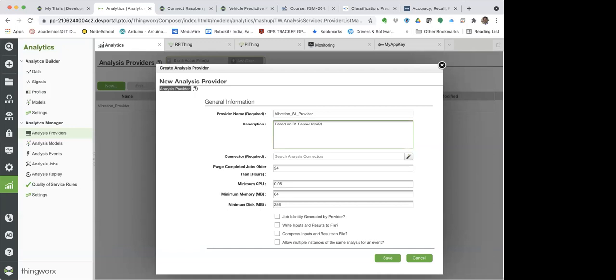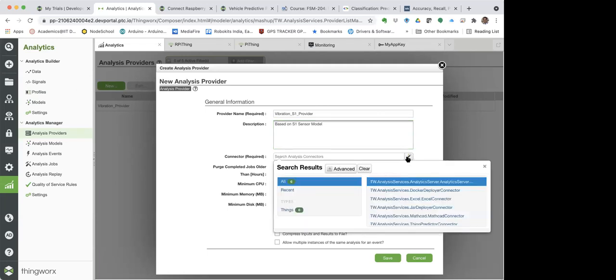Sensor model. Right. Now here you have an option of connector. If you look here, you have an option of connector. So you can select the various connectors over here. If you drop down, you have connectors for the analytics server, that is the ThingWorx analytics services. You have a Docker deployer connector, so you can run something in Docker, get the analytics done in that Docker image, and bring it over here.